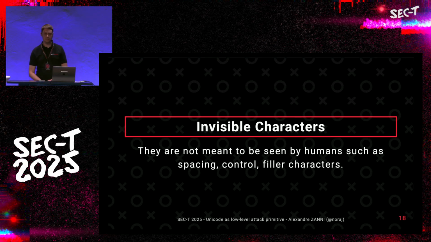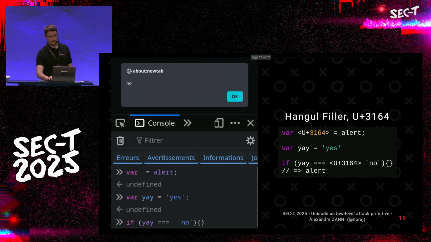Similarly, there are a lot of invisible characters like control characters, spacing fillers, etc. that can also be used to put some backdoor in source code. So, for example, on the left, you can see in the JavaScript console, I assigned the alert function to an invisible variable. The yes value string is assigned to the yai variable. And what you expect when I check if the yai variable is strictly equal to no, is for the condition